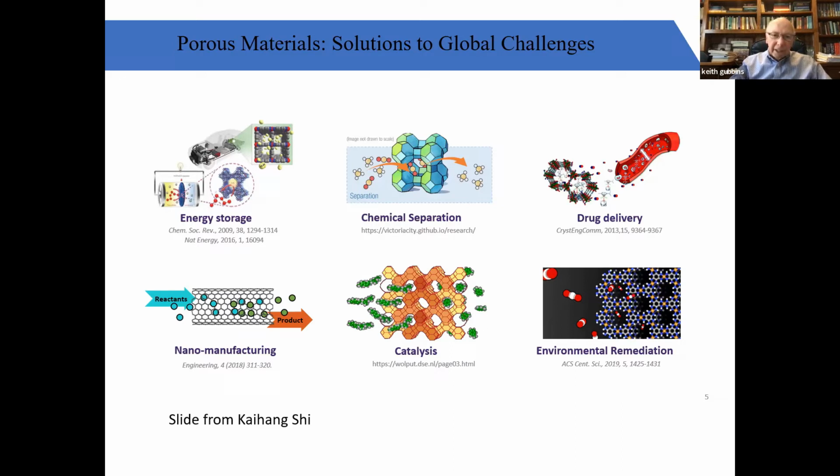There's a lot of interest in energy storage. We can store natural gas in these materials at some fairly high density. And nano manufacturing is, of course, a potential application that is being heavily explored. There are other applications that are probably not so central to chemical engineering, such as sensors and semiconductors. So the next slide, I think,